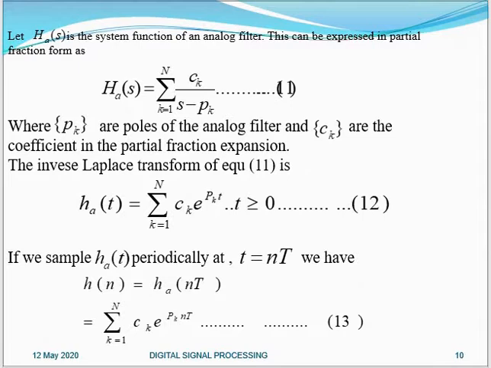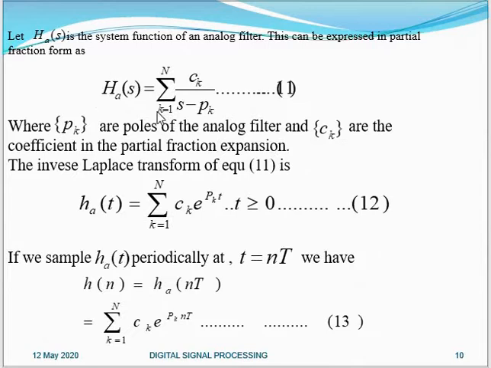We know that whenever we have a transfer function, we have poles and zeros. Normally the poles play a very vital role in the creation and the properties of any type of transfer function. So poles are very important. This Pk are the poles of the analog filter. As k changes, the pole will change. Maybe it is S minus P1, into S minus P2, into S minus P3, where k is 1 to N, so it can go up to Pn. So there are several poles, not a single pole. These are the poles of the analog system.